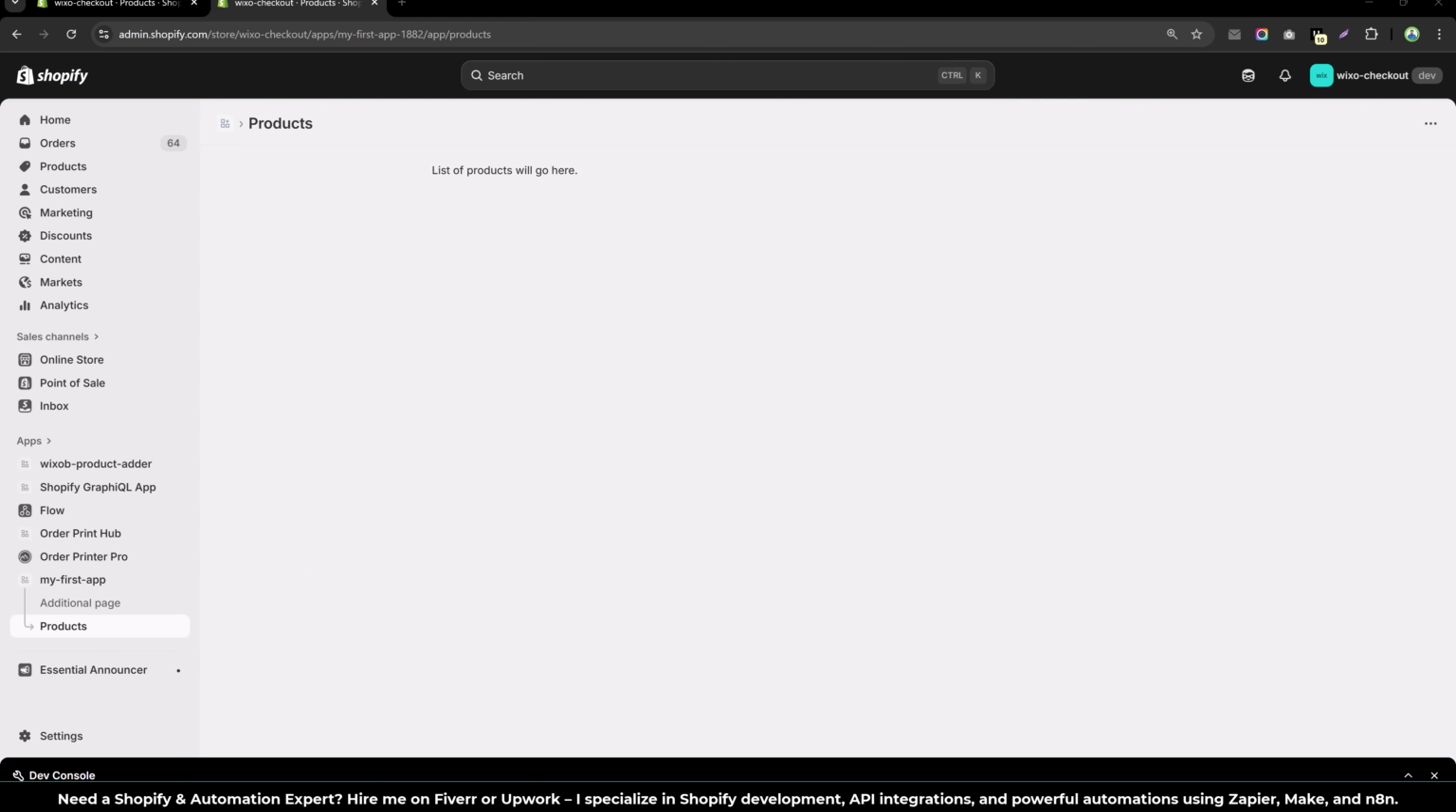Now we want to fetch products from the Shopify backend. In Remix, we use something called a loader. The loader runs on the server, fetches the data and passes it to our component. So let's go back